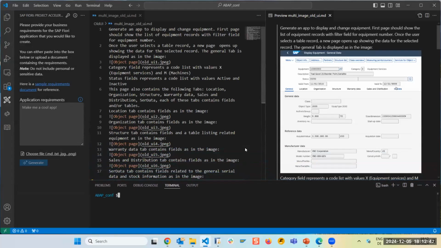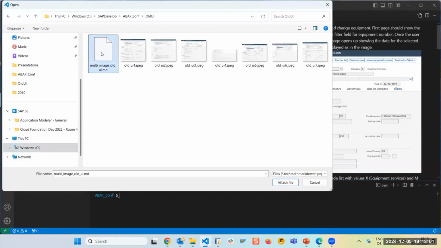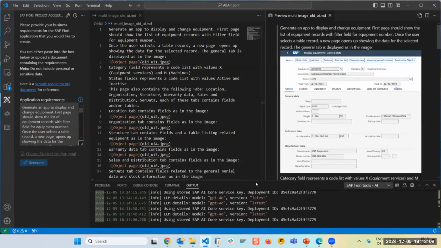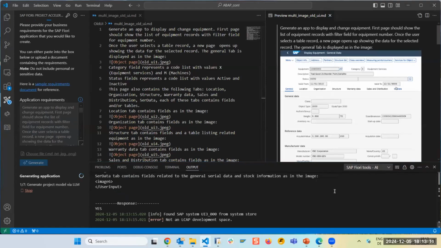My input is a Markdown document, and the Markdown document contains the description of the transaction. I will talk about this a bit later. I will start the generation right now because it takes a while. Let's choose the input on the left side in our agent, then attach the file and start the generation. We have an output log, so we can watch the output log while I'm talking about what's going on. Okay, it started, step one, good.